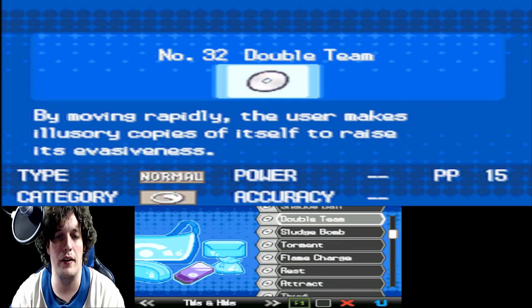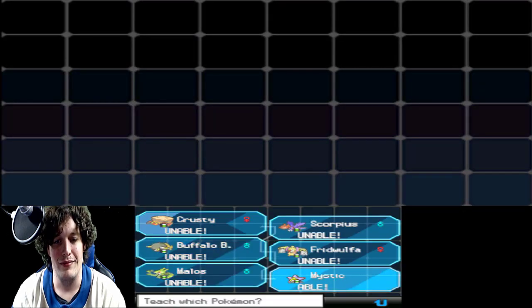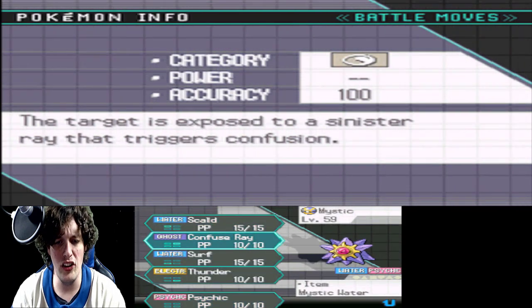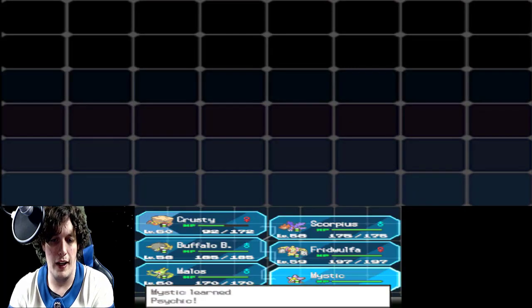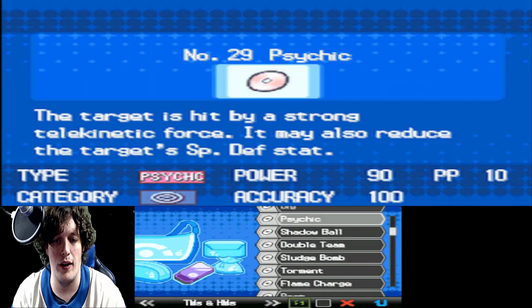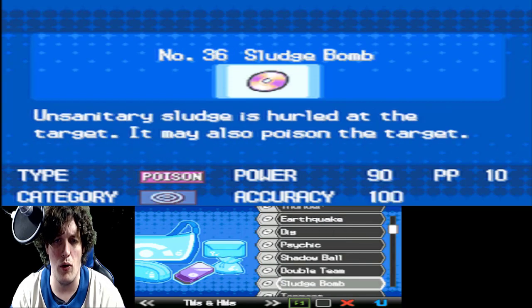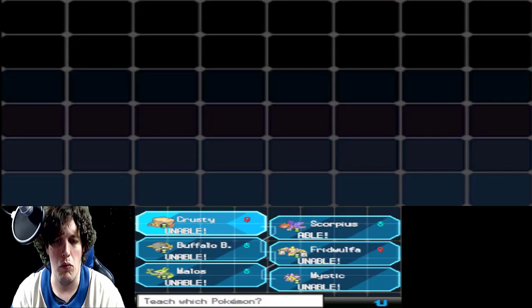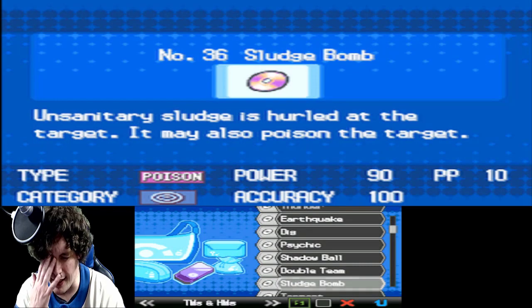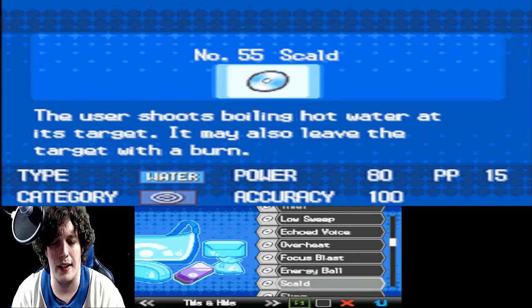We have a new TM that we got a little while ago. Psychic. It's going on Mystic. And I kind of thought about this. Goodbye, Confuse Ray. I could always reteach it once again at some point. But, let's see. And I also kind of thought about this a little bit more. Assuming that it can. No. Never mind. I was hoping that I could teach Malos Sludge Bomb, but it doesn't look like that's going to be the case, so...